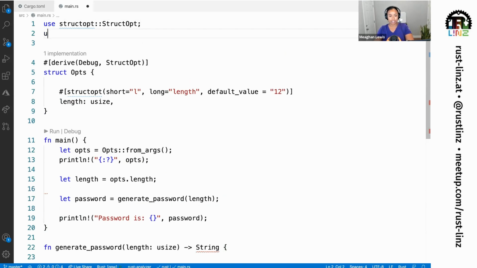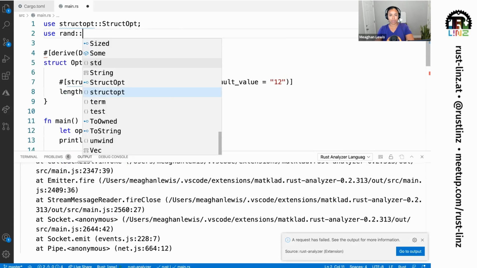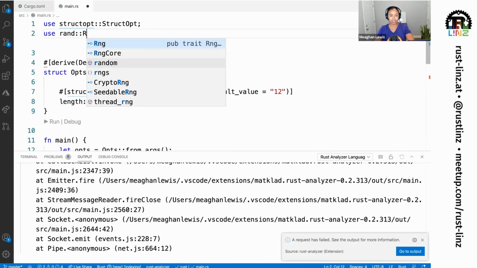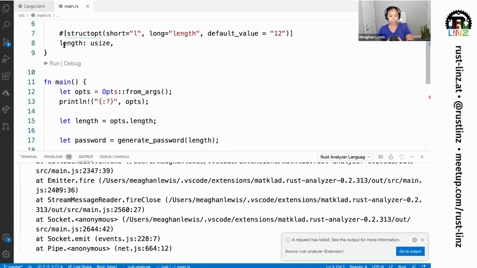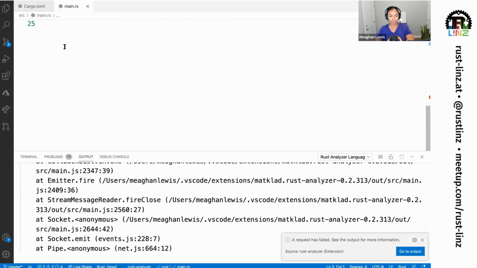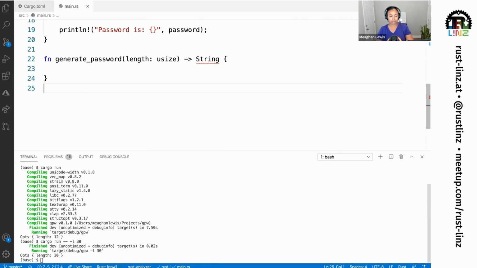Now first I need to start at the top of this program, and what I want to say is use rand::rng, the random number generator. I'm having some problems, so we will fix that momentarily. All right, in the body of my function, I'm just going to close the terminal, or minimize it.